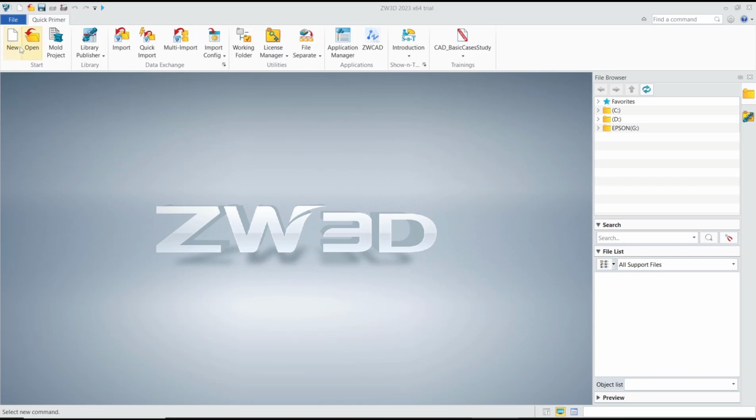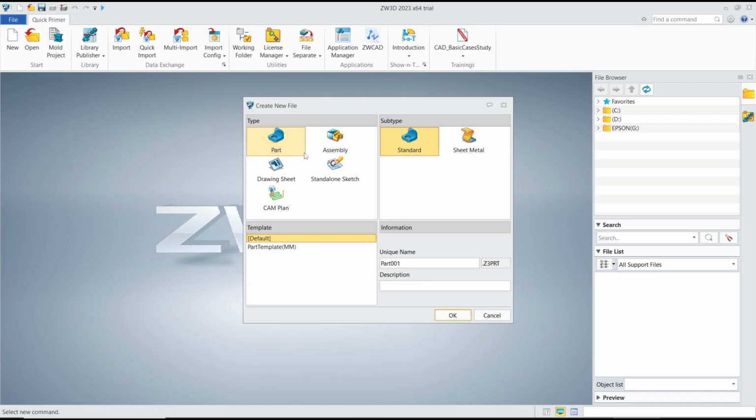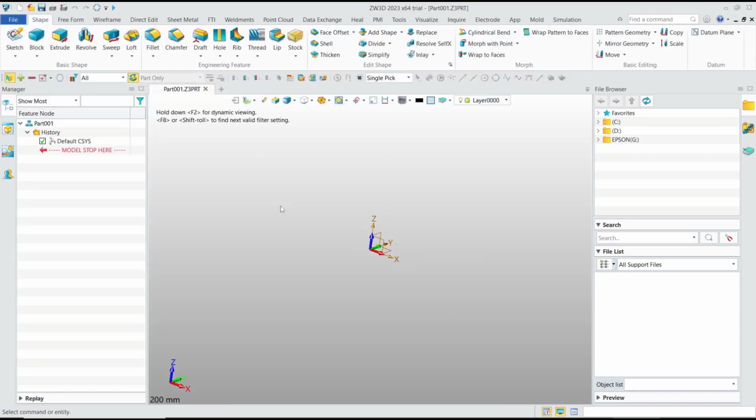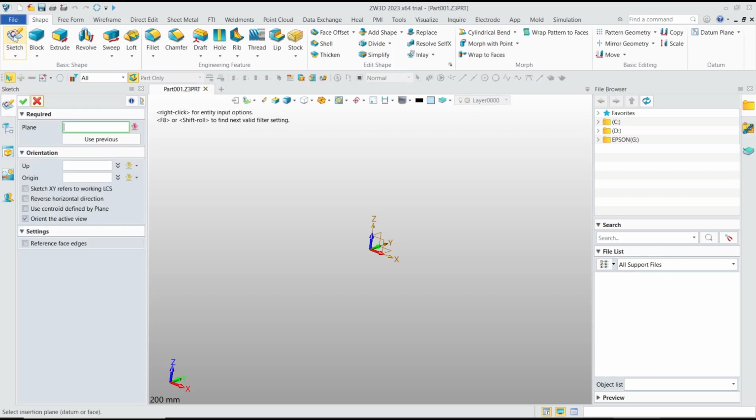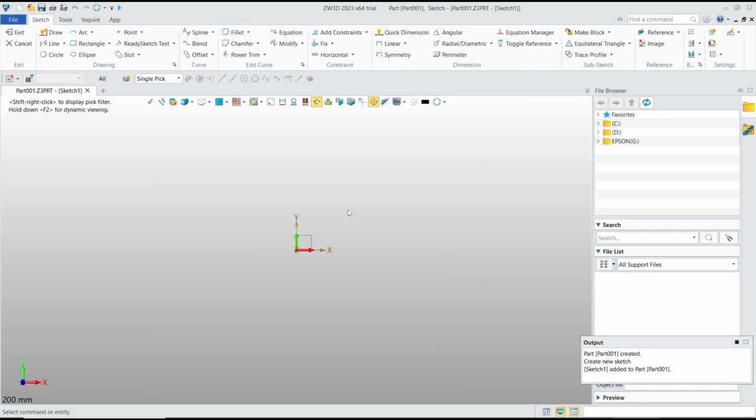You can click a new icon and then choose part tools. To go into sketch, you can click the sketch icon. For plane, I will choose the top plane. Click OK. After it, you can click this icon, draw, and then you can draw from this origin point